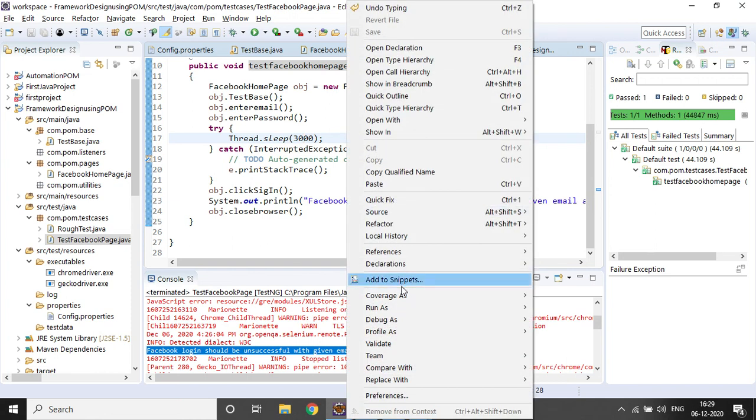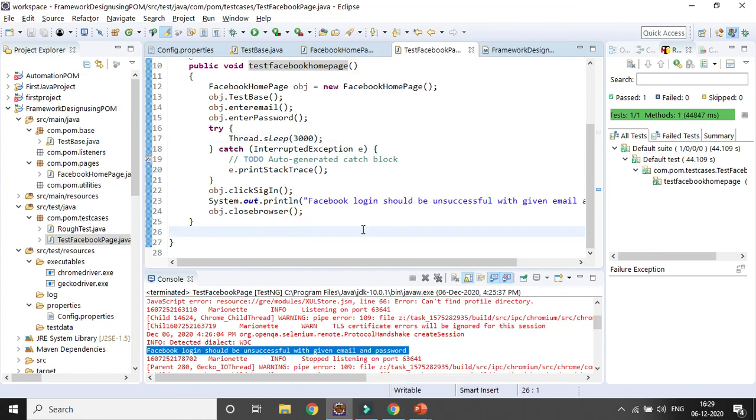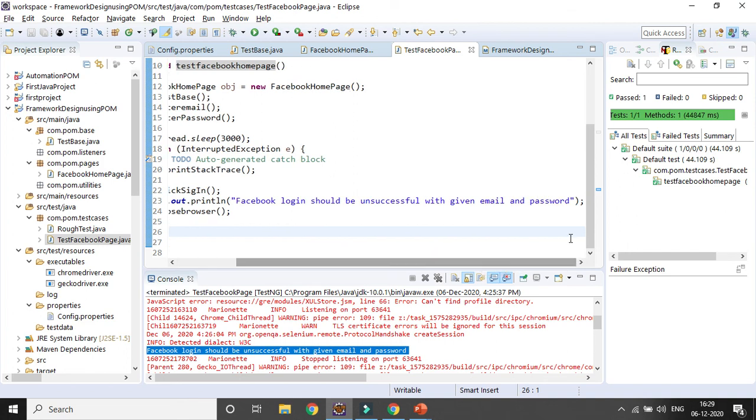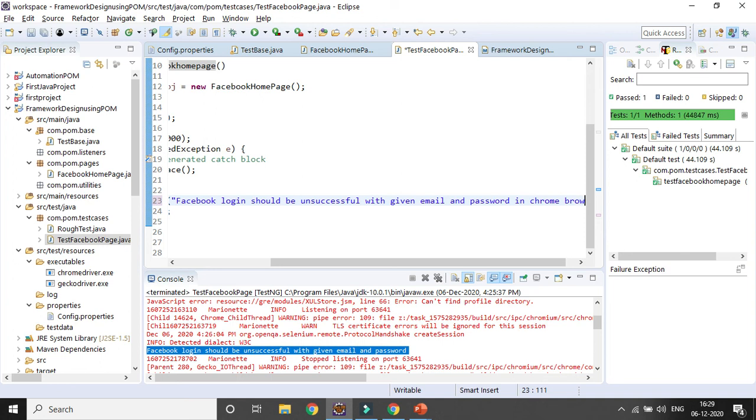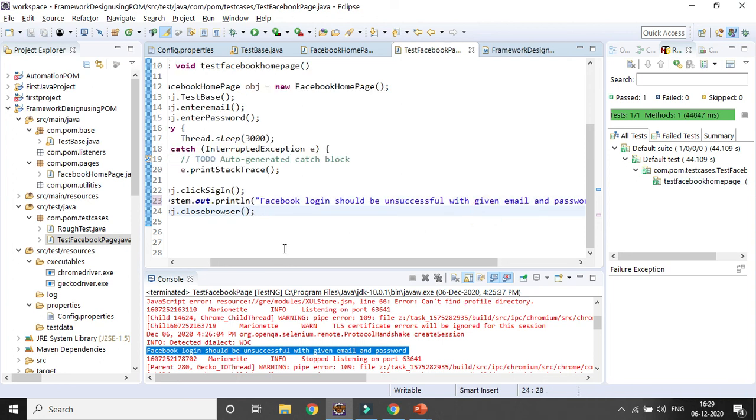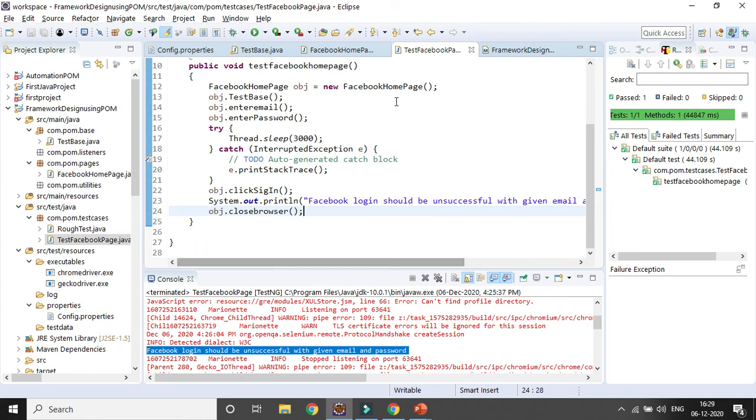And if you want to change the output, so: Facebook login should be unsuccessful with given email and password in Chrome browser. Okay. Now if you run it,